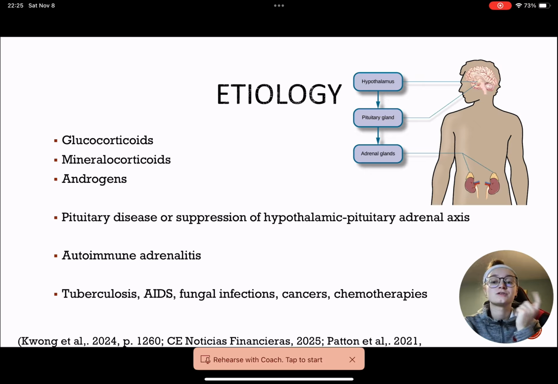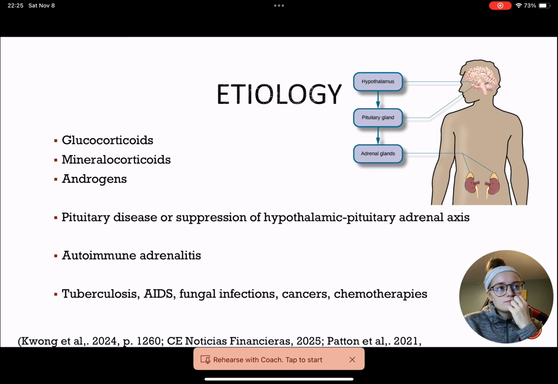So when they're reduced, our hypothalamic pituitary gland, some people refer to it as HPA, but I always forget that, to be honest. Our hypothalamic pituitary adrenal axis, specifically, which is basically our body's response to stress. Anyway, this affects the hypothalamus, our pituitary gland, and our adrenal glands. So you can see in my diagram there, those are the major sections that those three adrenal corticosteroids are affecting when they are being reduced.